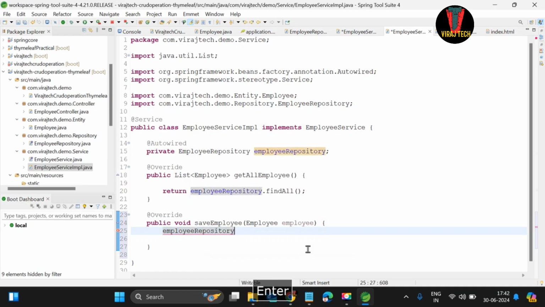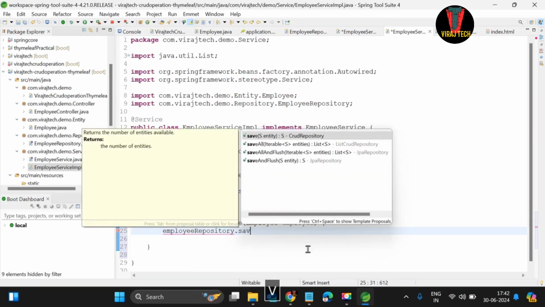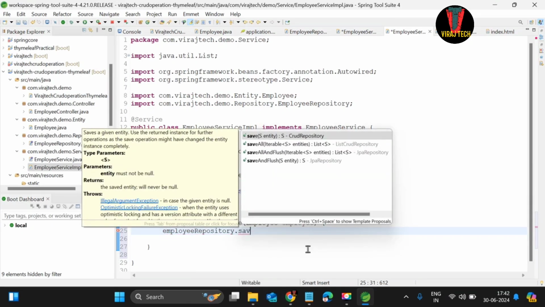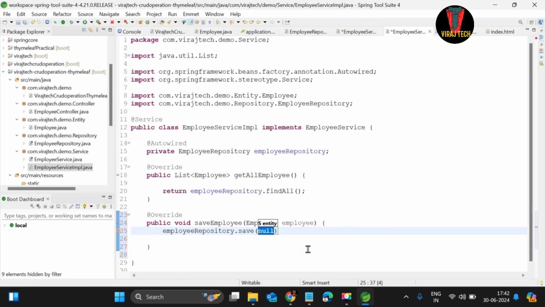employeeRepository.save, and here we will put employee;